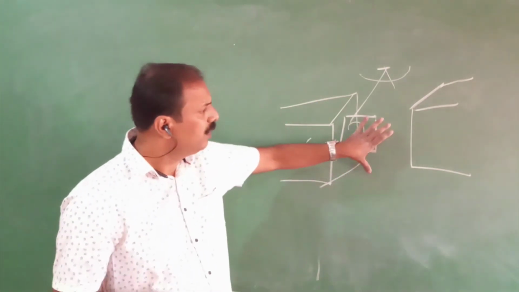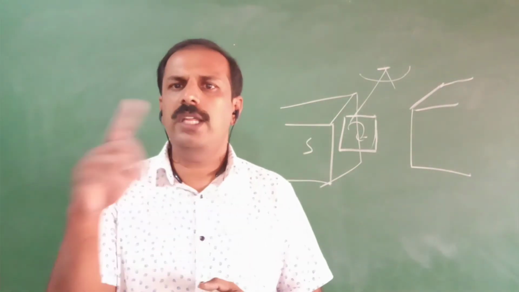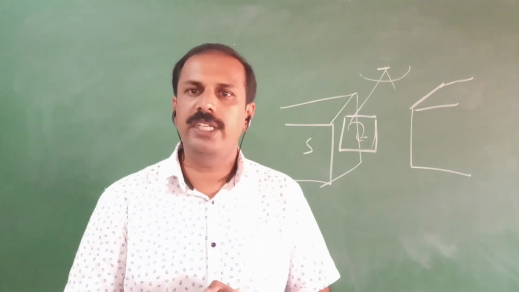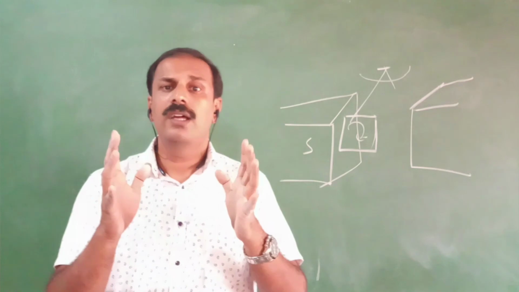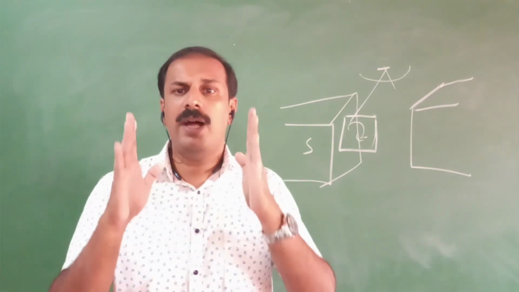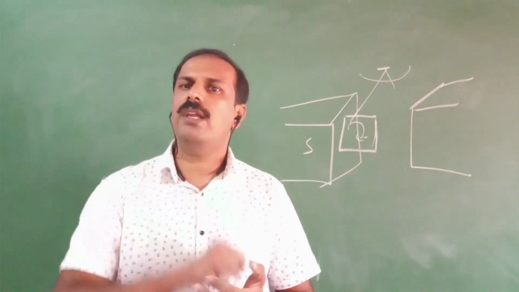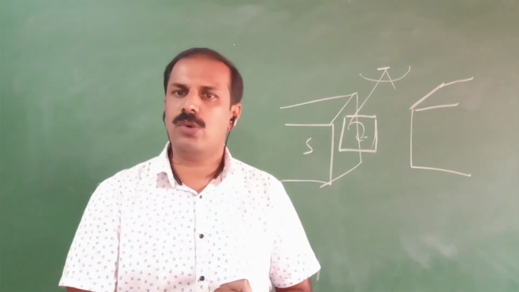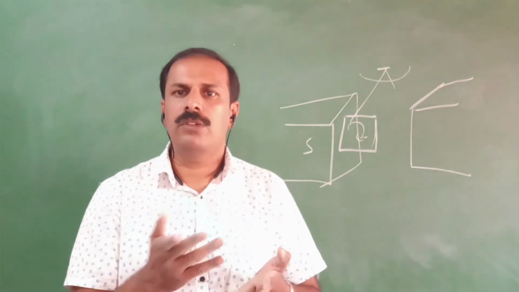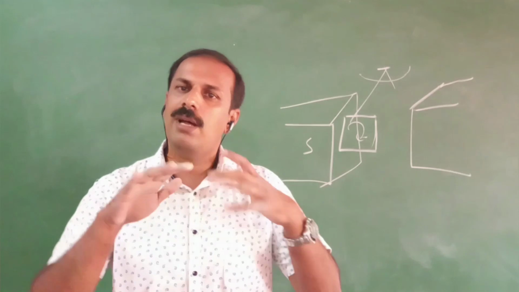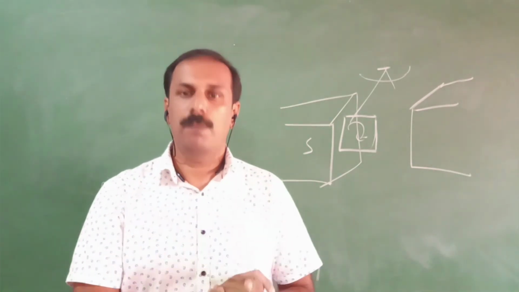So now, due to this one, we have some problems. The main problem is, due to this eddy current, again we have the Joule's heating effect. This bulk material will get heated up. So when a bulk material or bulk conductor is kept in a changing magnetic field, in that one some circular current will form. That circular current is called as eddy current. And due to this eddy current, there will be some heating effect. So some area we will make use of that heating effect, some area it will be a problem.